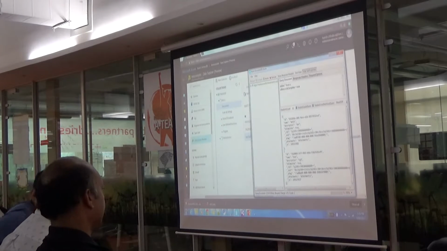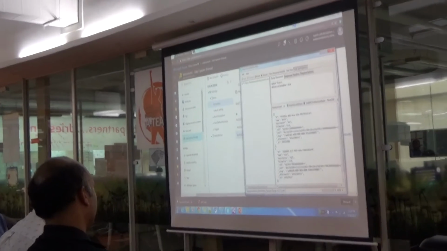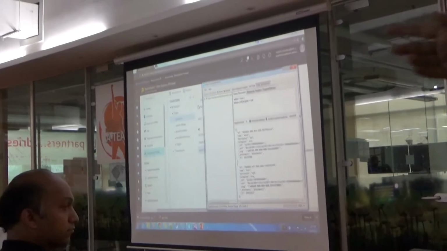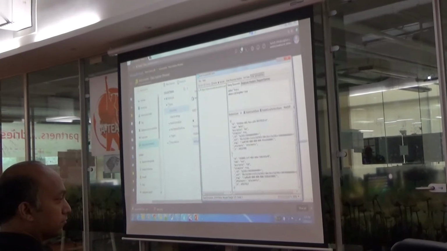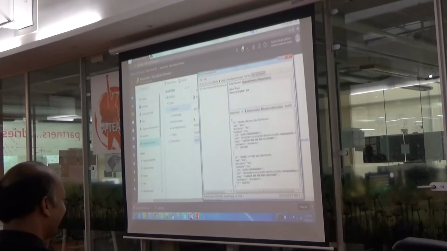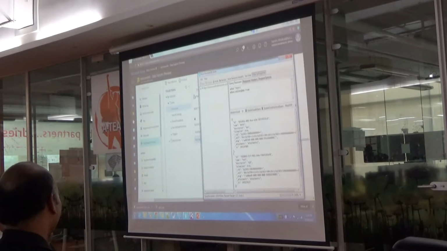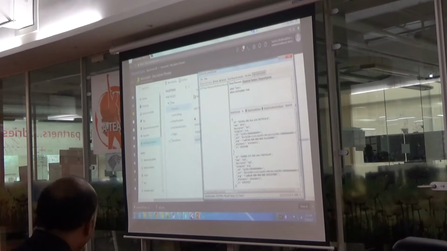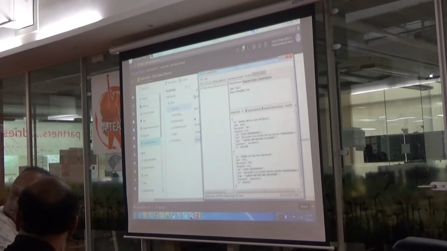Can you query two collections at a time? I mean, why not? There you have to do some kind of join or something. No, no. Select star from database, from this collection, this collection. Let's say you have two collections, and in one query you want to get data from two collections. Yes, you can.